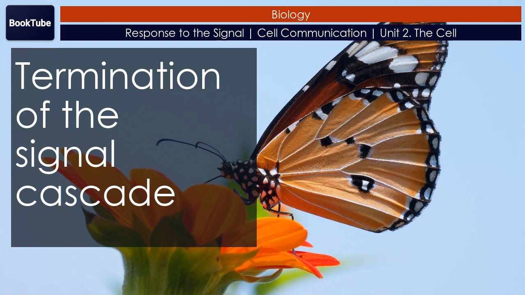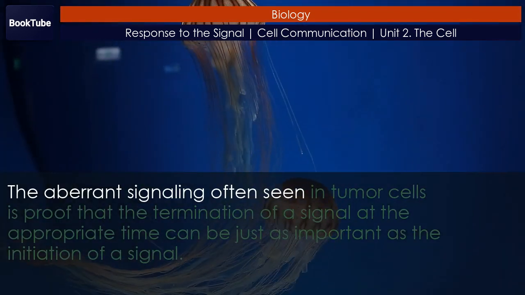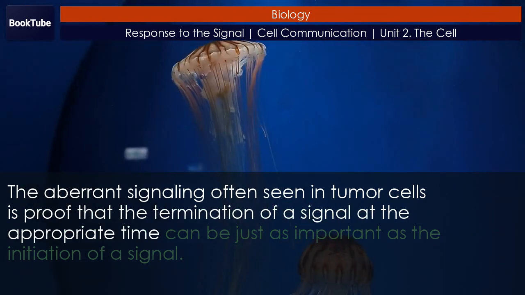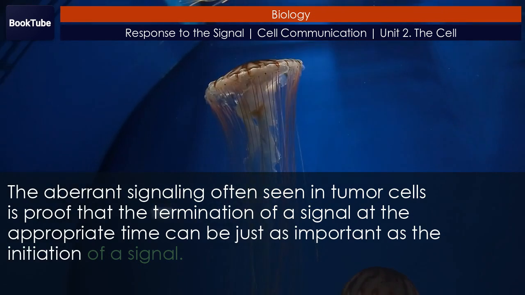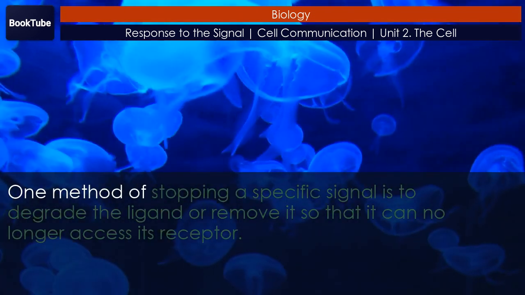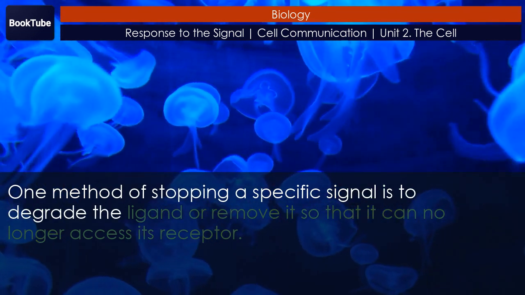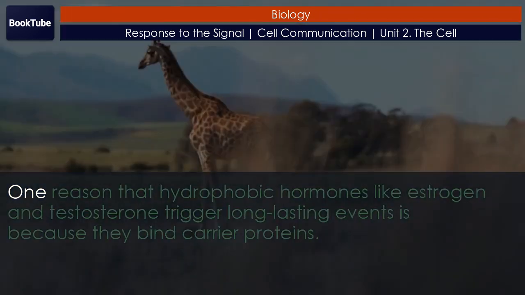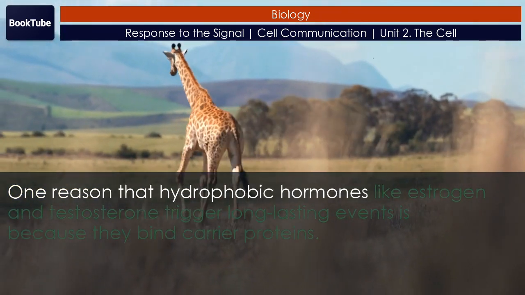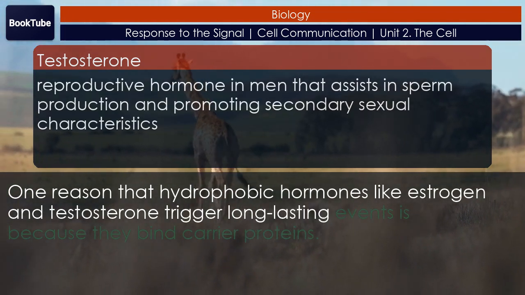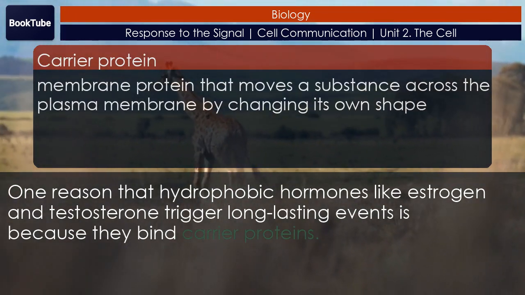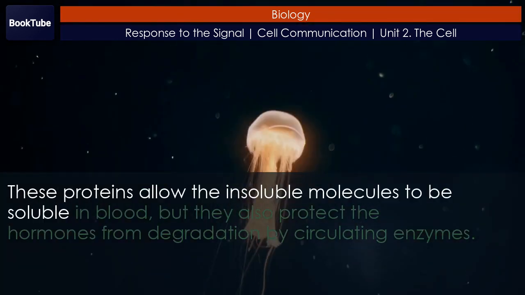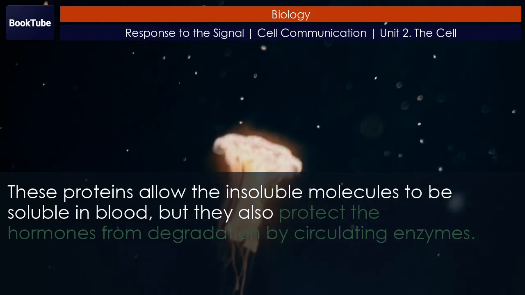Termination of the signal cascade. The aberrant signaling often seen in tumor cells is proof that the termination of a signal at the appropriate time can be just as important as the initiation of a signal. One method of stopping a specific signal is to degrade the ligand or remove it so that it can no longer access its receptor. One reason that hydrophobic hormones like estrogen and testosterone trigger long-lasting events is because they bind carrier proteins. These proteins allow the insoluble molecules to be soluble in blood, but they also protect the hormones from